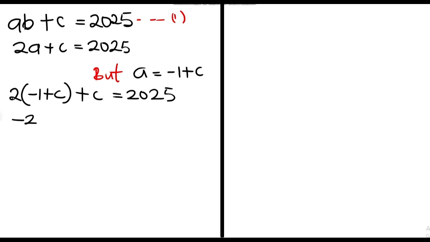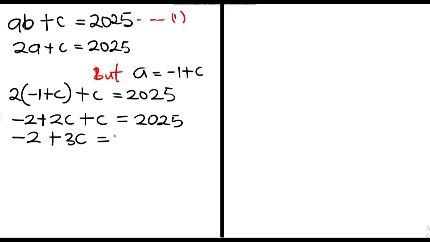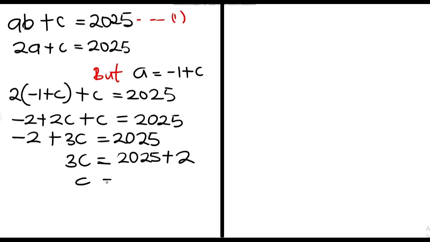If we open the parentheses, minus 2 plus 2c, then plus c equals 2025. Then 2c plus c is 3c, so minus 2 plus 3c equals 2025. If we transfer this to the other side, we have 3c equals 2027. At the end of the day, we have c equals